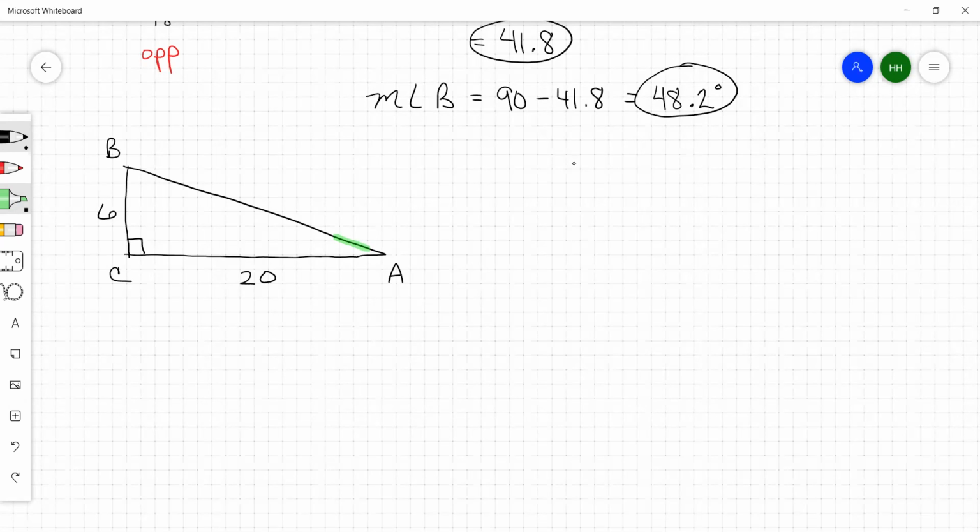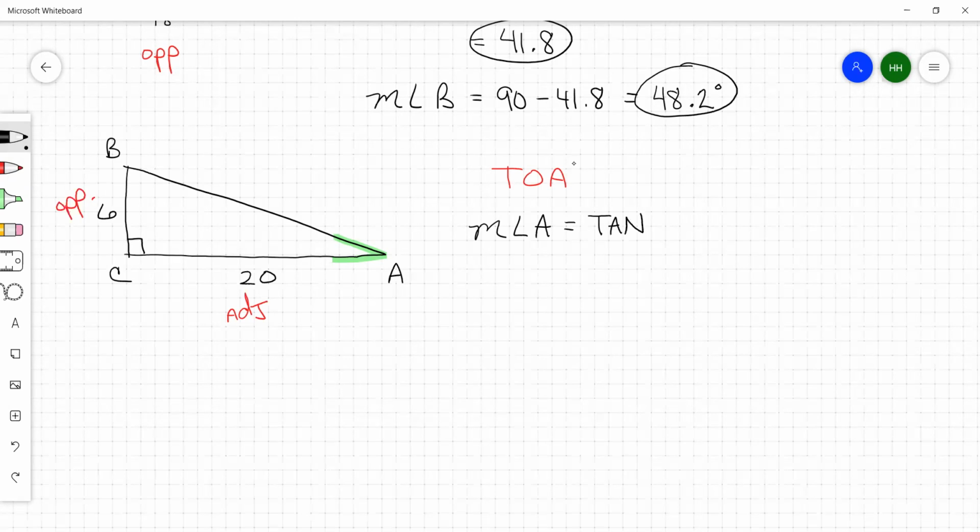In relation to angle A, the 6 is opposite. The 20 is adjacent. And tangent equals opposite over adjacent. That's your TOA. So the measure of angle A is equal to